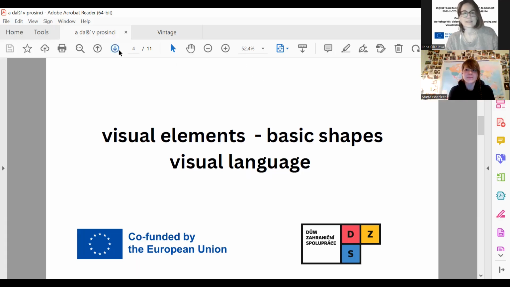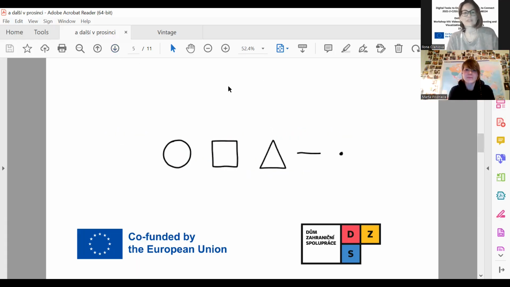We can start very simply. You see here a circle, triangle, square, line, and point. And basically, that's a visual language. Those are the key elements. If you think about visual language, basically everything starts with basic shapes. And you can just now also